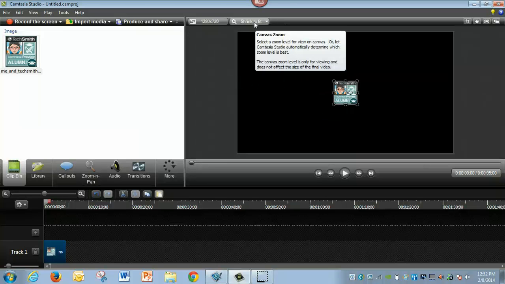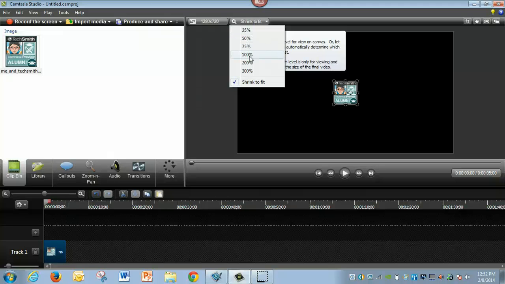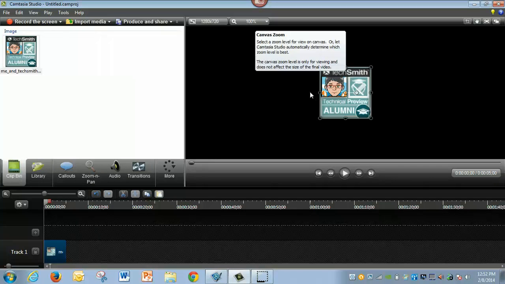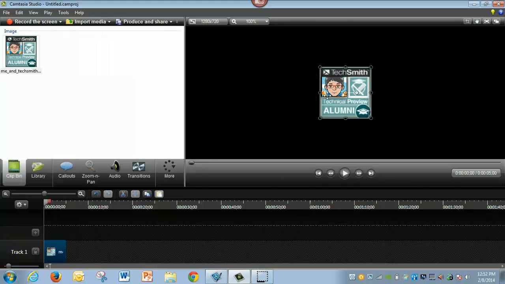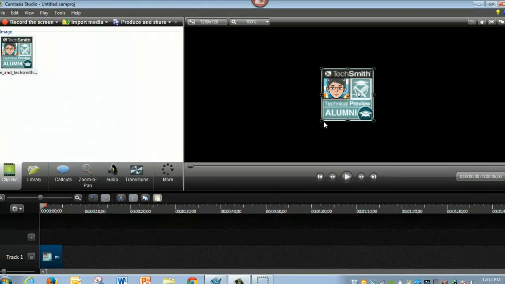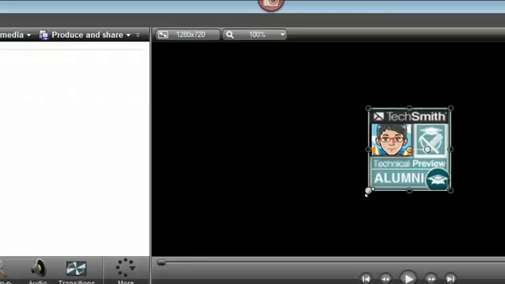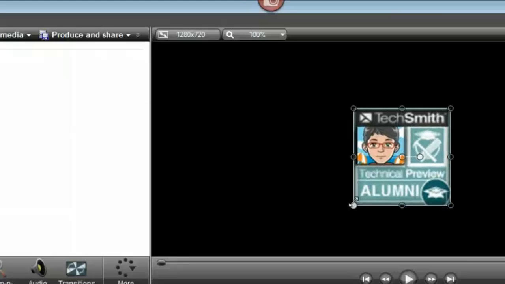If you want to see what things are going to look like in a 100% mode, select this tab and then select 100% and you can see what it's going to look like when your video is produced at its 100% capability. If I start stretching this out from the corner, so I'm maintaining the ratio of length to height,